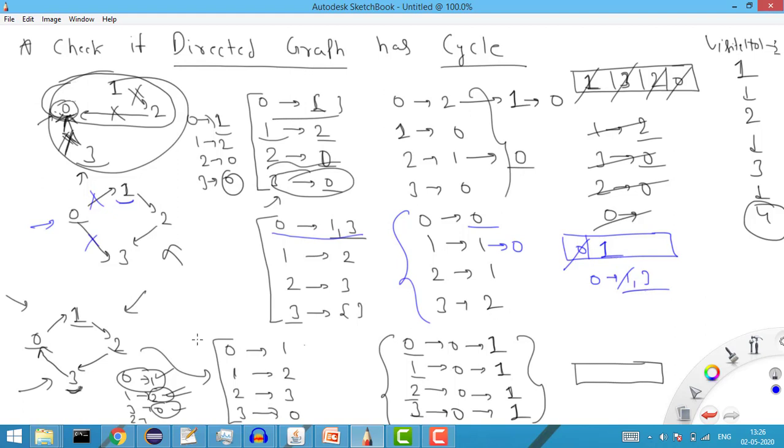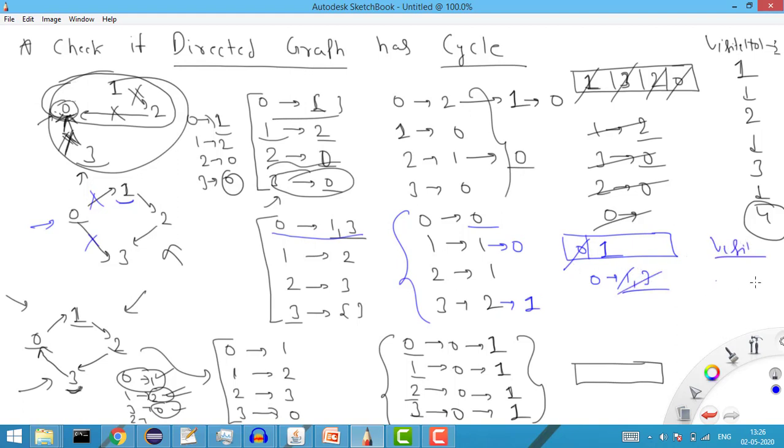Now check for the 3. For the 3, I am removing this node. Earlier the incoming edge count was 2, now I will decrease by -1, so it will be 1. Because this is 1, I will not add it into the queue. Right? So I am done with both elements, and here I have the visited count.